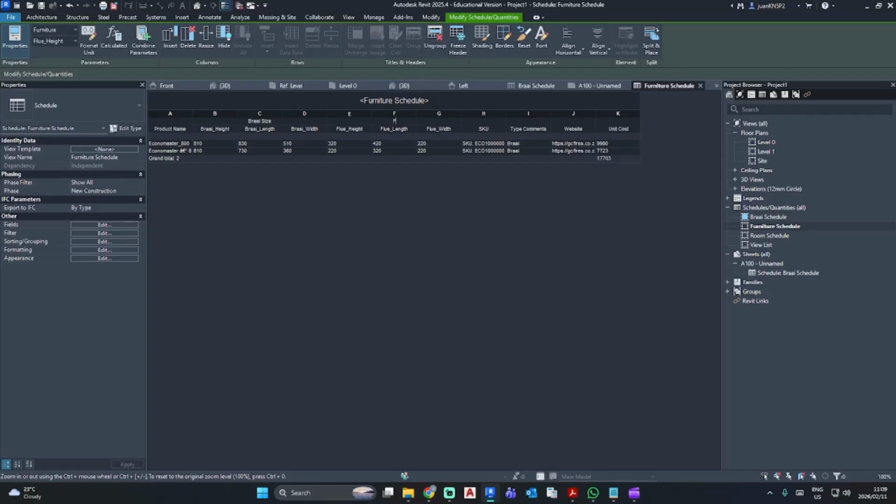Group, flue size, and here we'll just group them and also call this product information. And now I'm just gonna call this braai because I don't want to already have a braai schedule created.